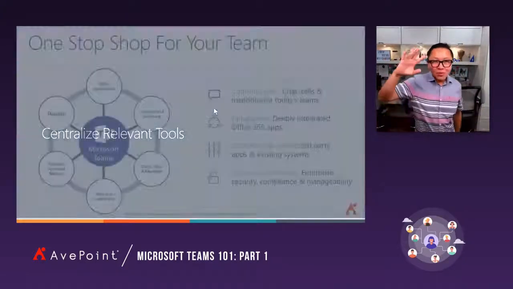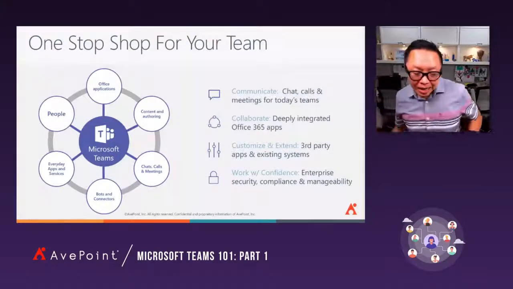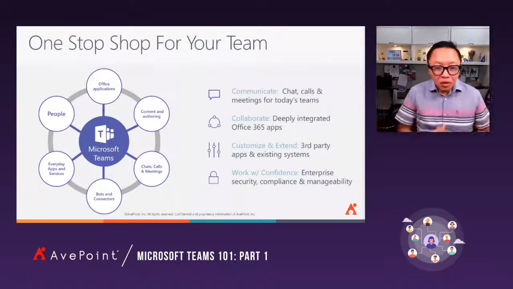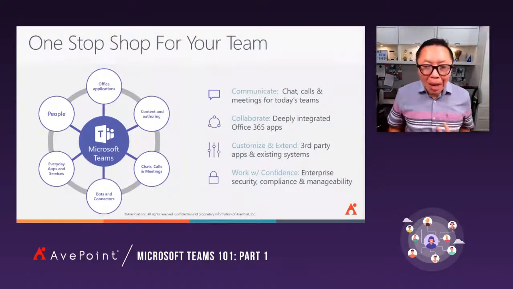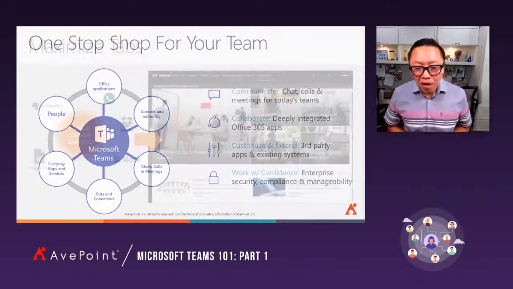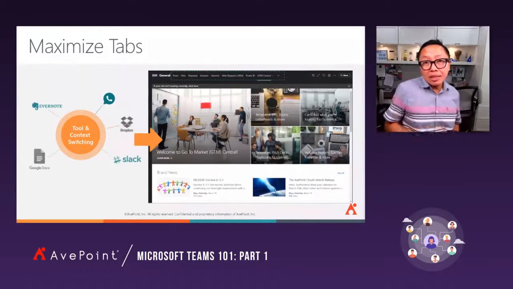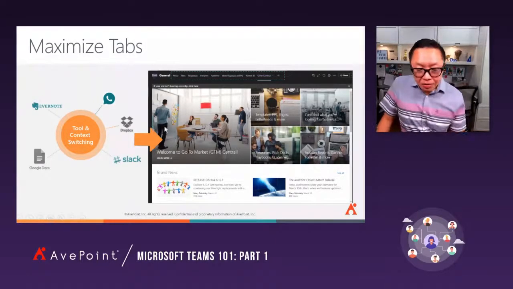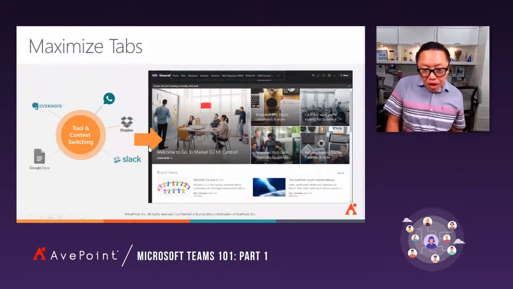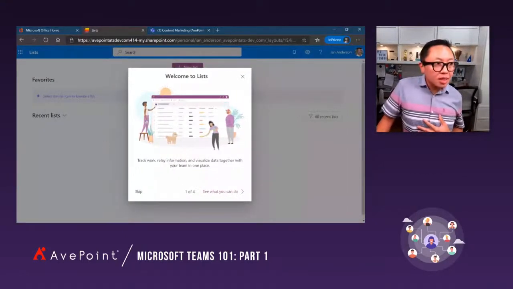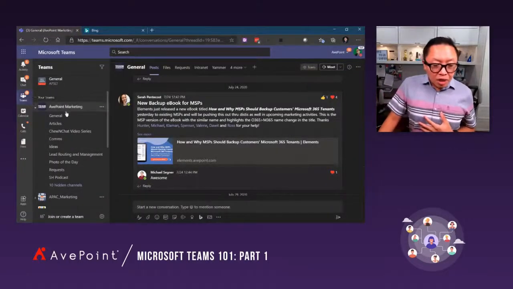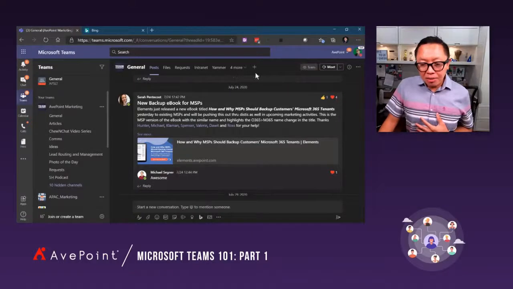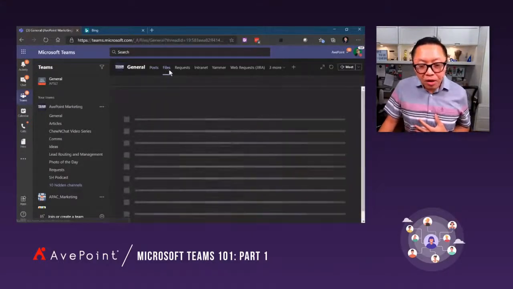Lastly, the fourth thing I want to cover today. Teams is a great way to centralize all the relevant tools. Like I said, it's a one-stop shop for your team. And this is so powerful because we know there are other tools beyond Teams, right? Beyond Microsoft tools. So in this scenario, in the team I use day in, day out with my colleagues in marketing, not only do we have all the relevant channels, but check this out. We have all the tabs that we use for our work. All the files are there.